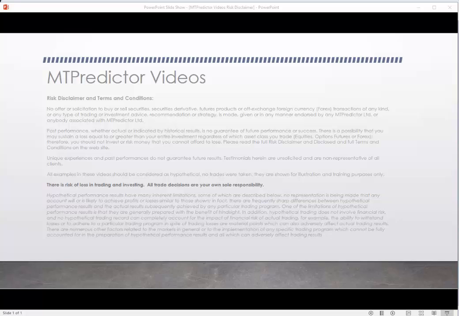In today's MTPredictor video, I'd like to look at a trade setup that did not unfold as anticipated. I believe it's important to look at trades that don't unfold as anticipated. I think there's too many gurus and software vendors that only look at idealized, perfect examples. They never show either losing trades or trades that don't work out, and that's what I want to focus on